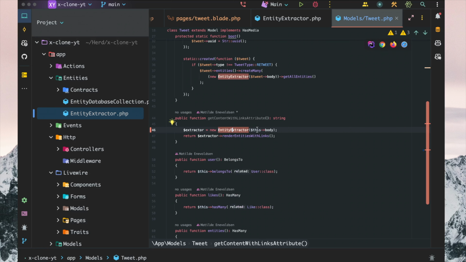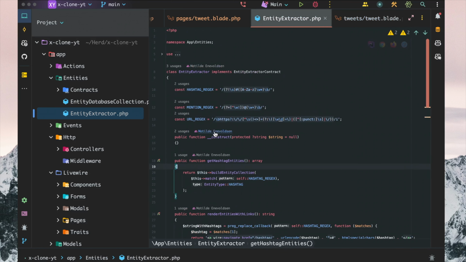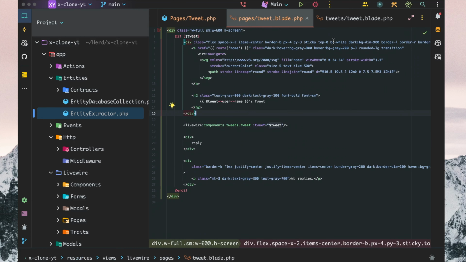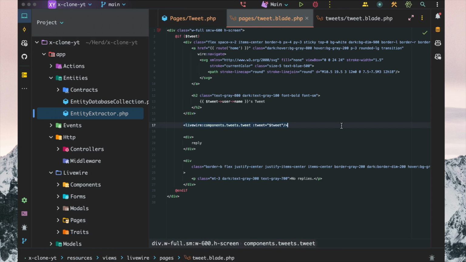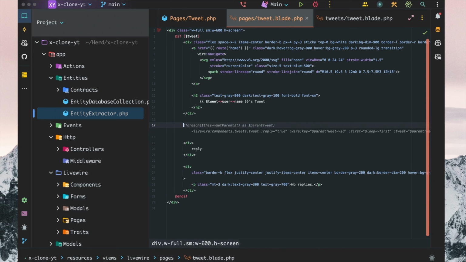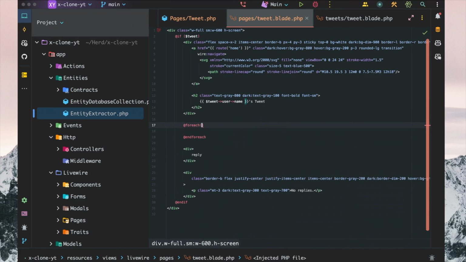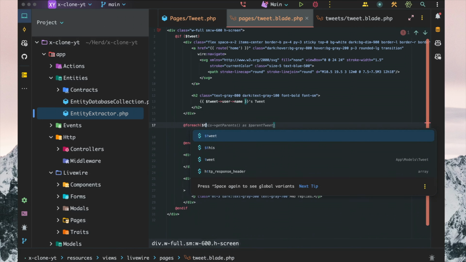So if we start out, we just want to use entity extractor, not as a full class in here. There's no need for that. And then inside the pages treat, here we want to go ahead now and start working on it a bit. So for this pages treat component, we want to go ahead in here and have for each this